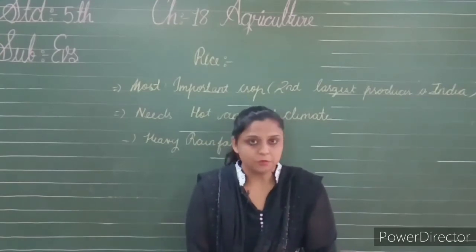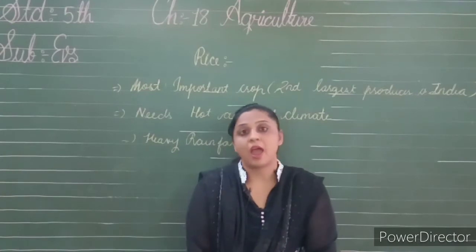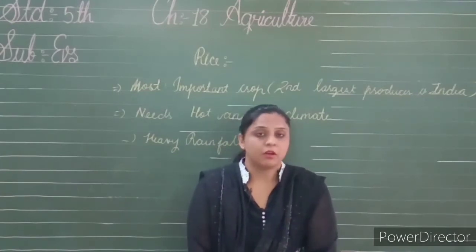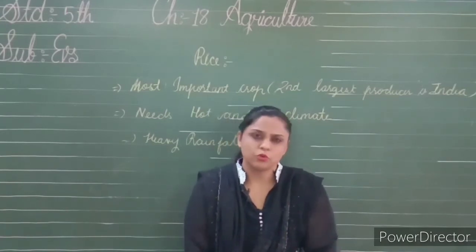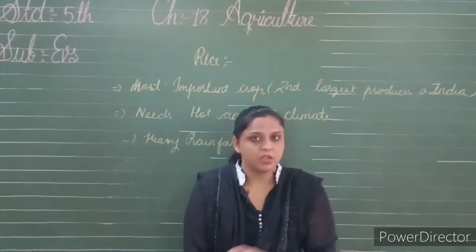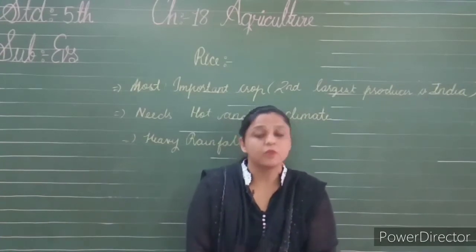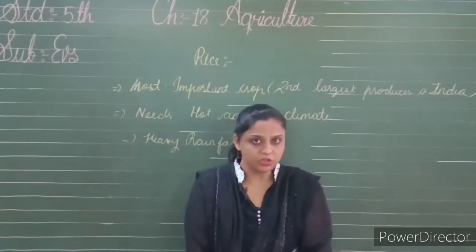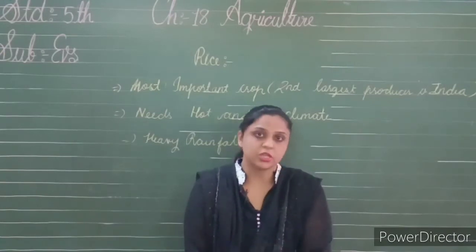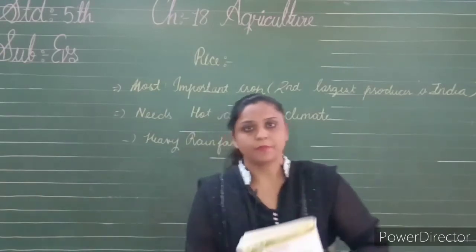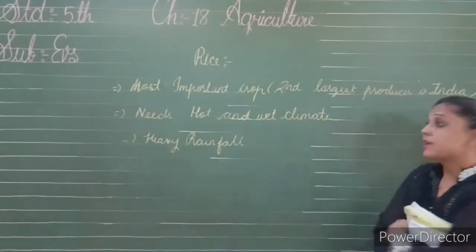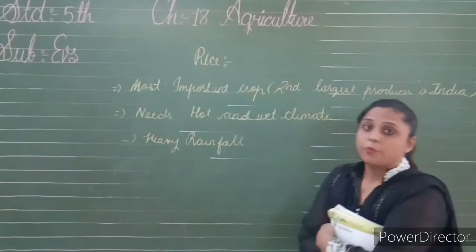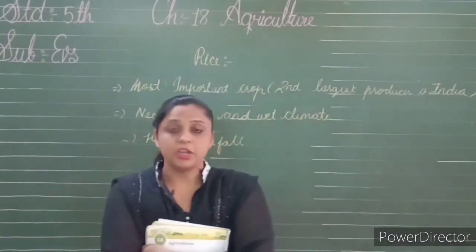What are those rice products? Khichdi, rice, then poha, murmura, which is called puffed rice. So mostly we consume rice in different ways. So rice is the most important crop of our country. Most of the population consumes rice. Okay, so now rice is the most important, and India is the second largest producer of rice in the